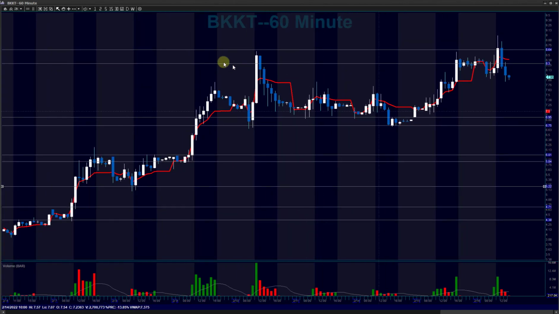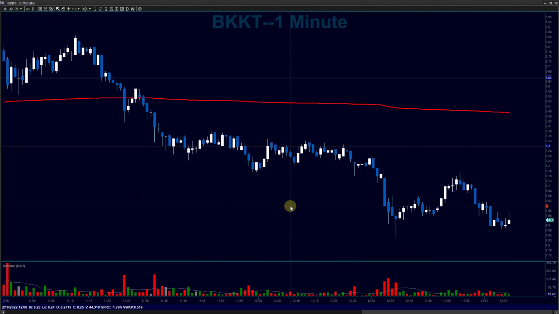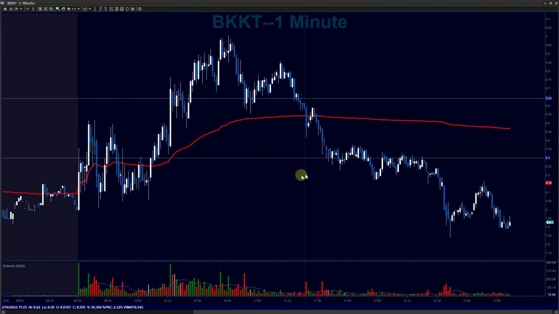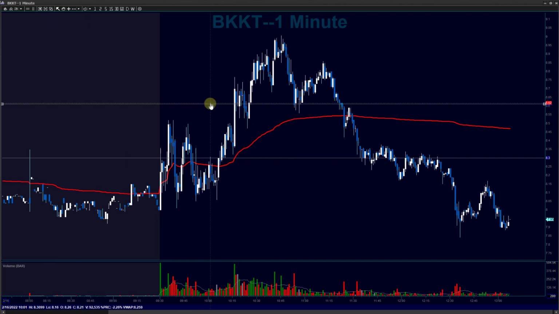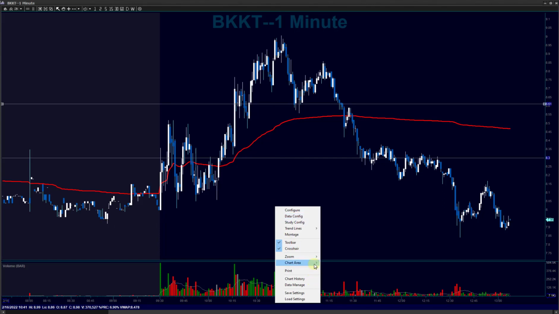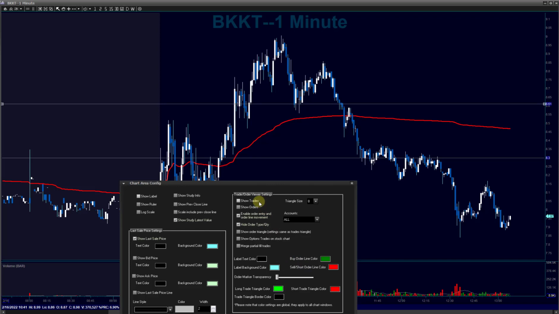So now we're at the intraday. Let's move down to the 1-minute chart, and this is how I was reading it as it was happening. The level here is roughly that high of day. Okay, so now let me turn on my trades, and I'll show you how I was approaching the setup of this. If I look at my trades,